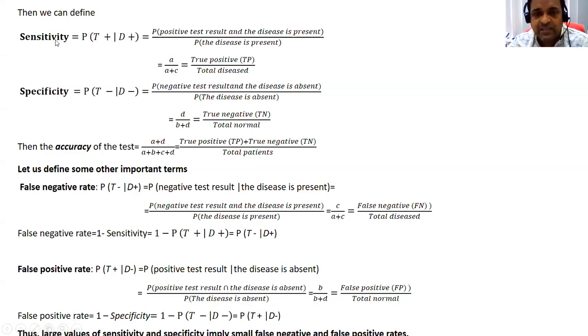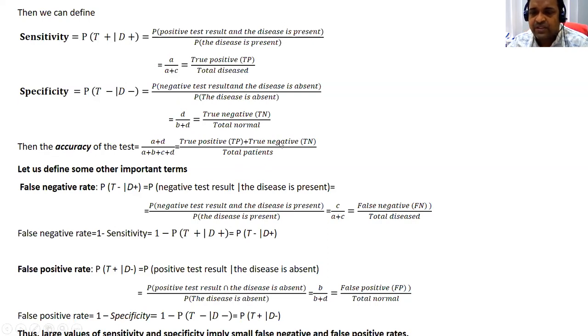Now, this is the sensitivity; how can we understand the accuracy of the test? How many times the laboratory gives a true positive and a true negative result. That is, how truly the laboratory test identifies the patient who has the disease, plus how correctly the negative test result identifies that the patient is disease free. This is divided by the total patients, A, B, C, D, all the patients. This is the accuracy of the test.